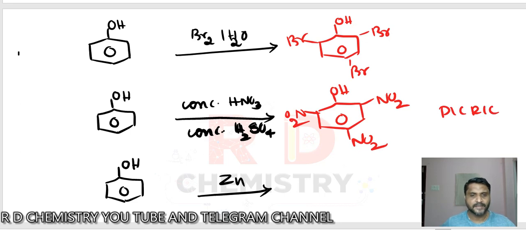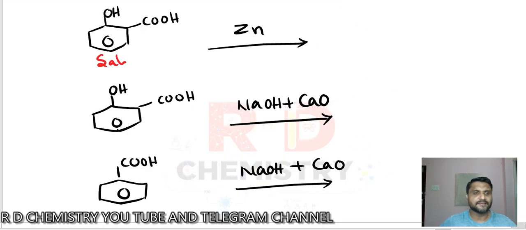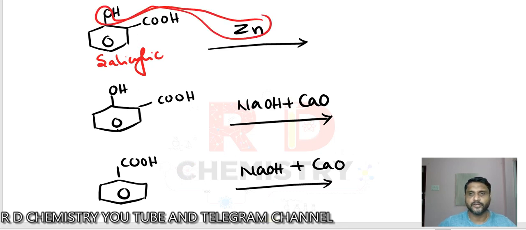Next one, zinc. Zinc is a reducing agent, removes oxygen, so we finally get a benzene ring actually. And you know that hydrogens are anyway there on the benzene ring, so we are getting benzene here. Okay, clear? Right. Oxygen is removed, right? We have got salicylic acid. This is salicylic acid which contains phenolic OH and carboxylic acid. So remember that, it reacts with the phenolic group. So zinc oxide will be formed and we'll get benzene. In the case of phenol only, now there is a carboxylic acid. Okay, OH is removed.